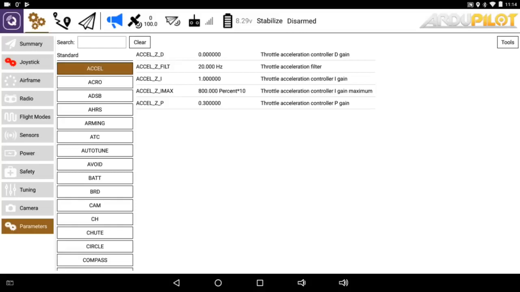I'm not able to demonstrate this with Mission Planner. I'm not a Windows user. I use either APM Planner 2 on Linux, or QGroundControl or Tower on the Android tablet. So we're going to demonstrate this with QGroundControl. And the first thing that you want to do,